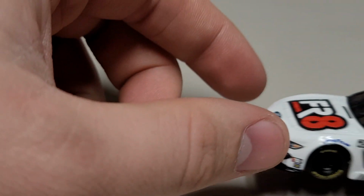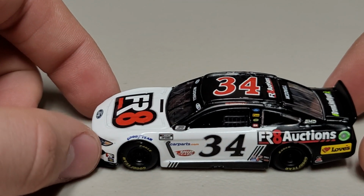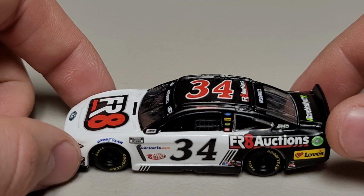So we're down to our final 4. These are, in my opinion, some of the 4 best looking ones out there. We're going to start with number 4 of that list. Again, these are just strictly opinions, but this is Michael McDowell's number 34 FR8 Auctions, or Freight Auctions,